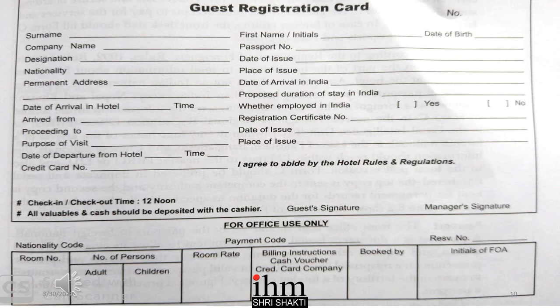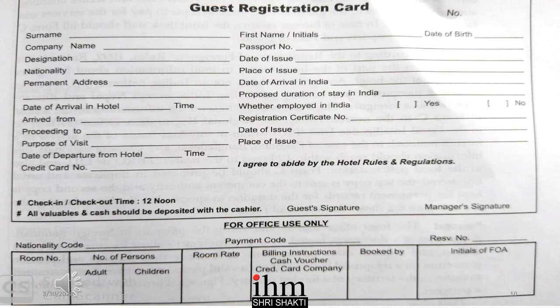The guest registration card contains various important columns such as name and permanent address of the guest, number of persons, date of arrival, date of departure to and from the hotel, nationality, passport details, certificate of registration details in case they are foreigners, coming from, next destination, date of arrival in India, purpose of visit, whether employed in India or not. These also contain columns such as room number, room tariff, mode of payment, which are filled by